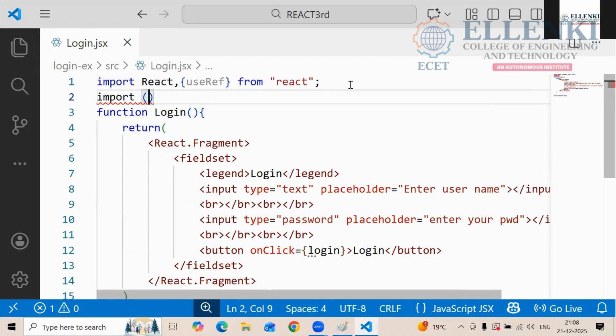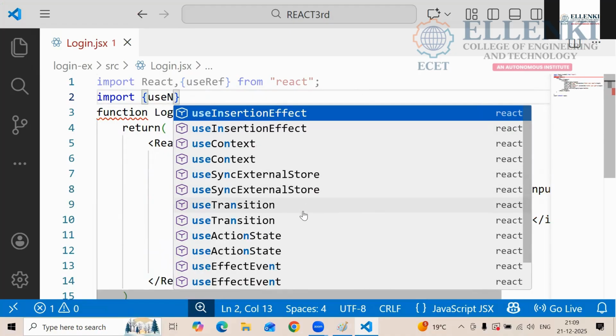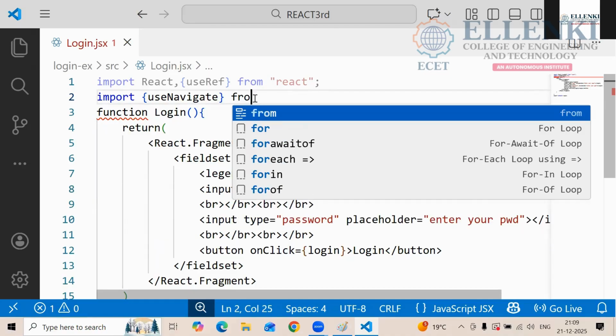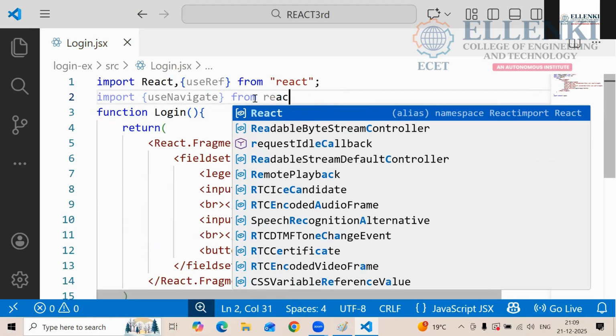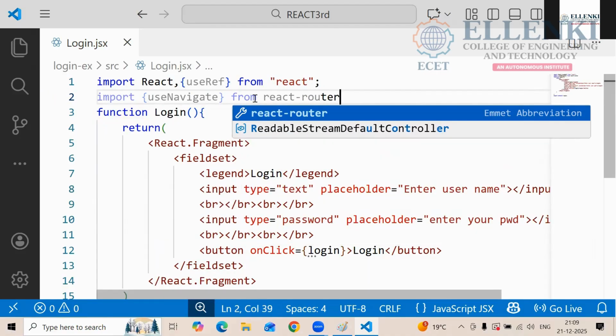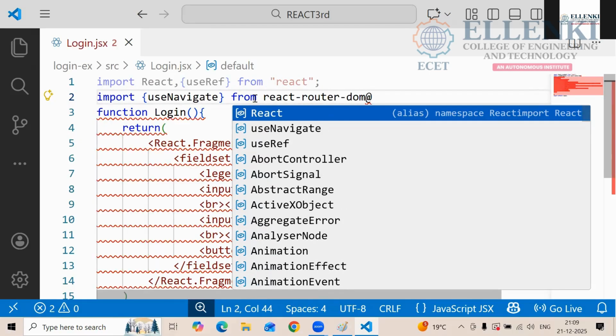Import here, which one you want to import, useNavigate. We are going to import useNavigate from react-router-dom, version 6.